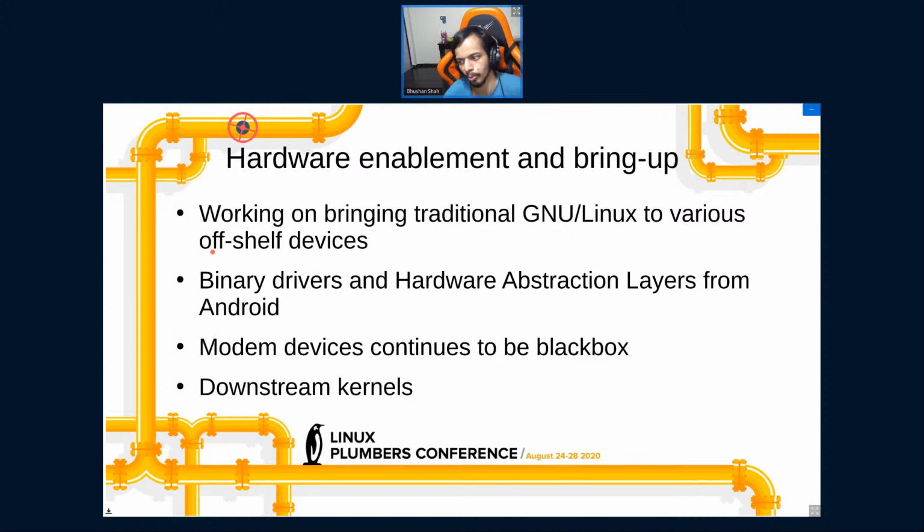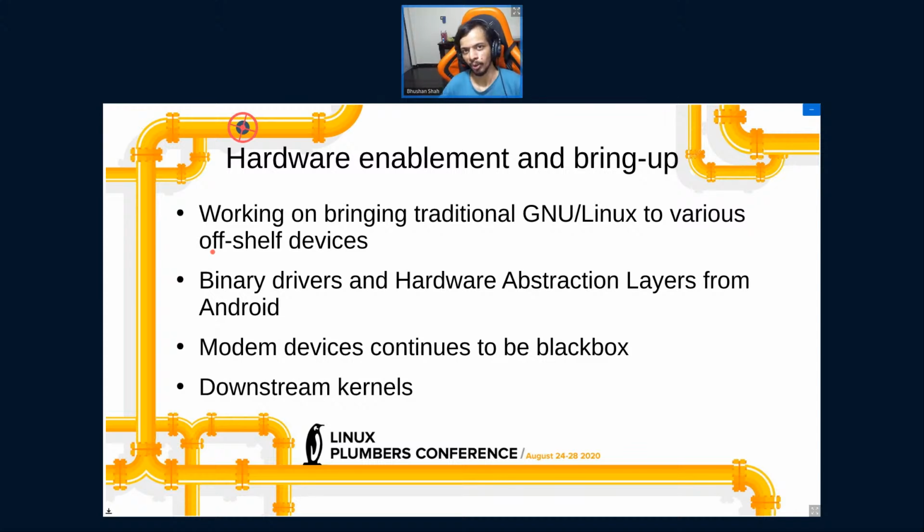Okay, as I shared, on the off-the-shelf devices you have binary drivers and hardware abstraction layers from Android, so you generally cannot easily have full functionality working. Some devices might have camera functionality locked to Android binary drivers.